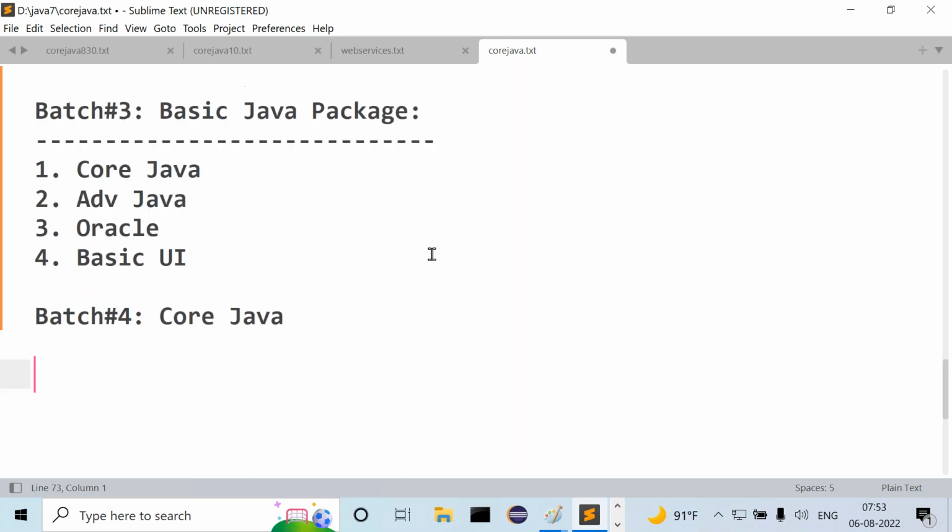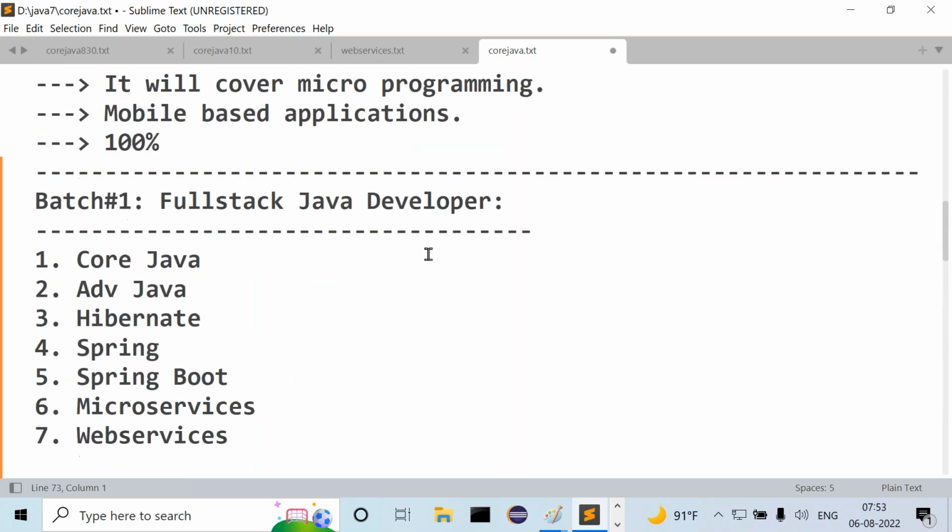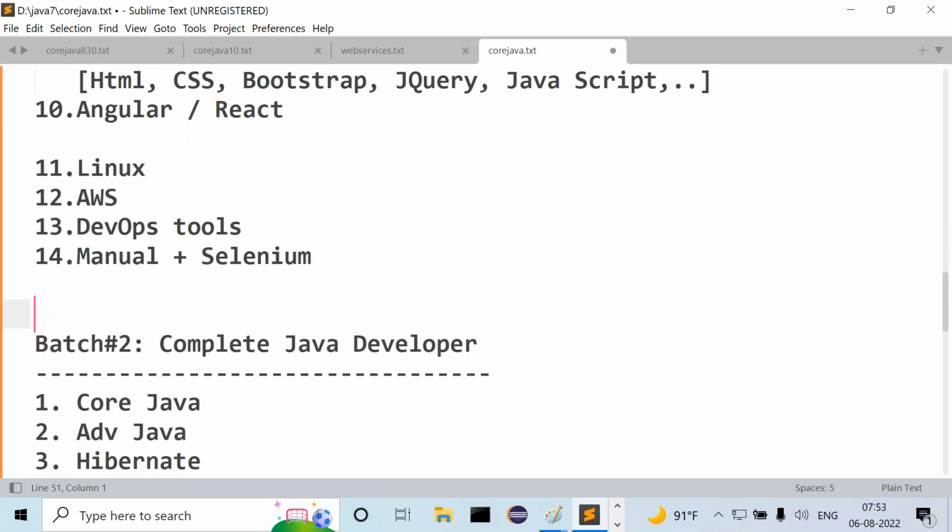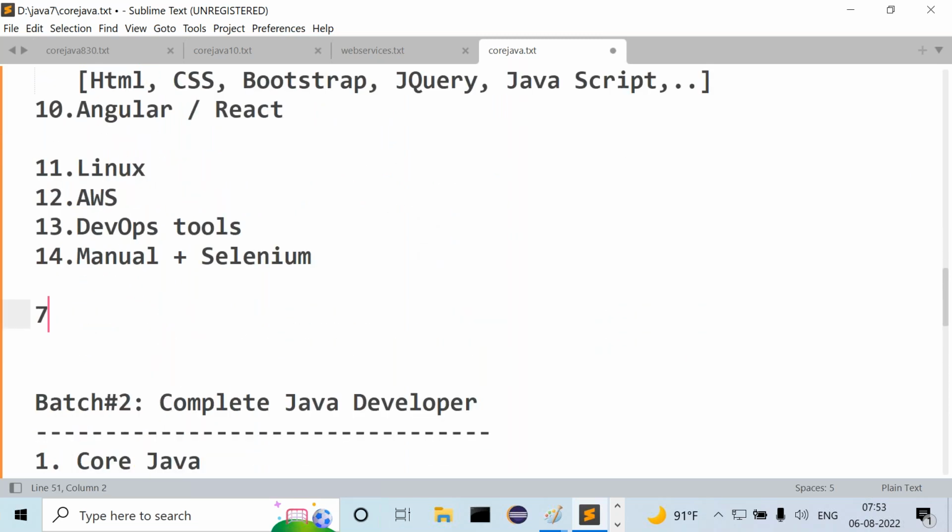Right, sir. When you come for this full stack Java developer course, it will take nearly around 7 months of time. Sure, 7 months of time, and every time you have to attend 2 to 3 classes parallelly. Answer my point here: it will take around that. Not exactly 7, maybe 1 month before or 1 month later, depending on the roadmap we are providing. Around 7 months of time it will take, and